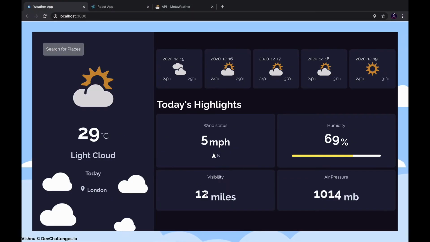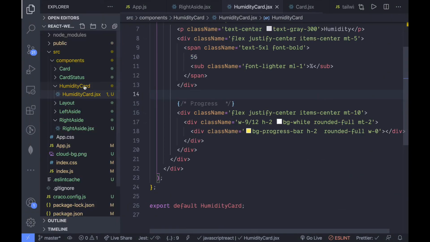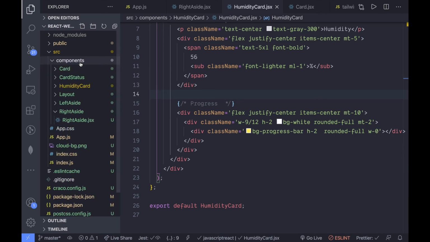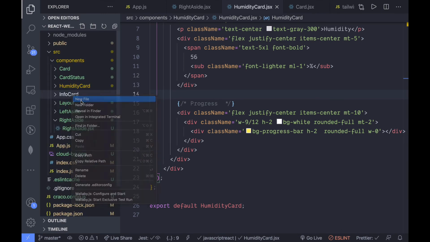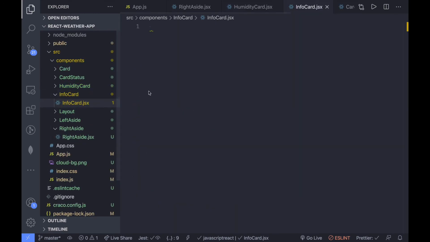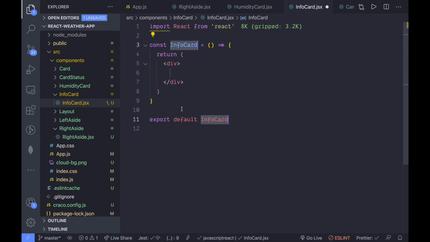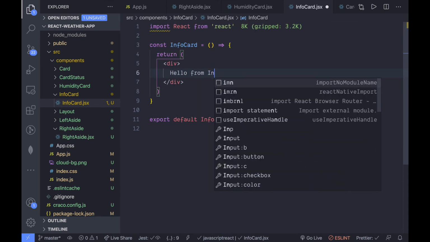So the next thing, we'll be creating these two cards which you can see right here, the visibility and the air pressure. So come back to the VS Code and go back to the source directory, and let's just create a new folder, and let's say info card. So go back to this folder and create a new file .jsx and stub out a basic React functional component, and let's just say hello from info card.